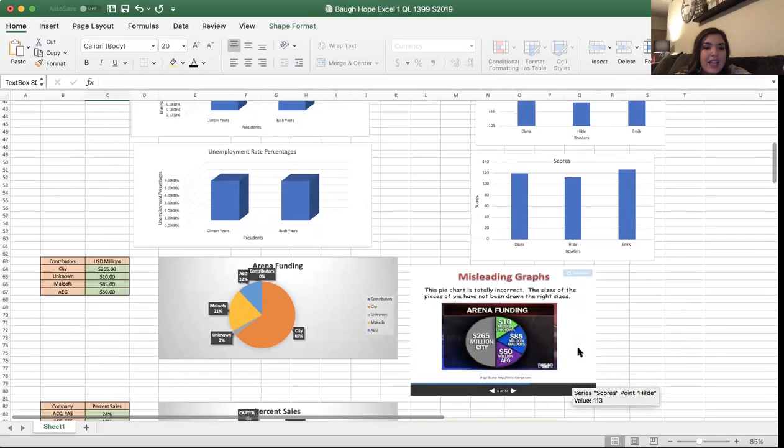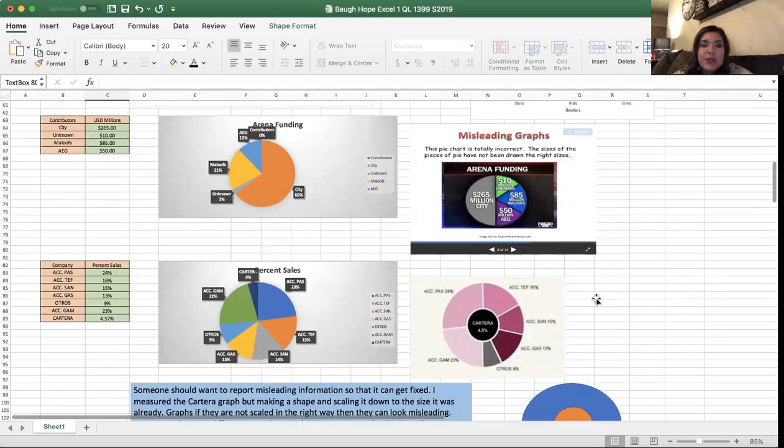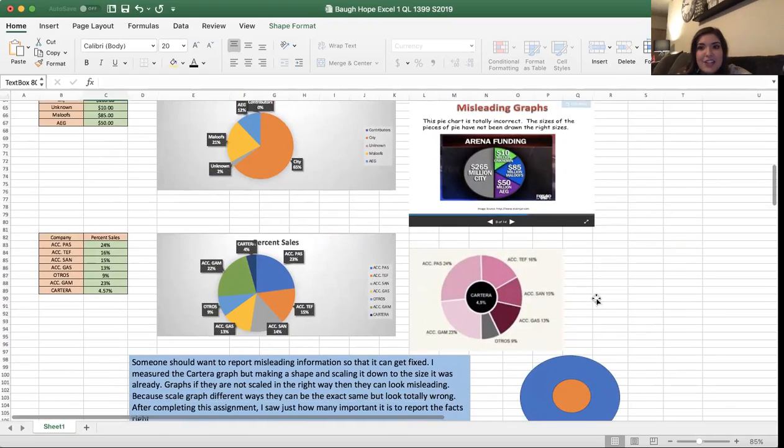So even down here at the bottom, the different graphs, I enjoyed creating those and seeing how they relate to different things. But there again, we just need to make sure that we're not believing misleading information, because not all the graphs are scaled the right way. So I thought that was interesting to read more about that and how we can determine whether they're misleading or not,